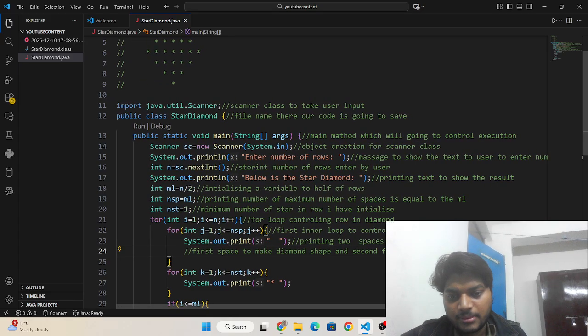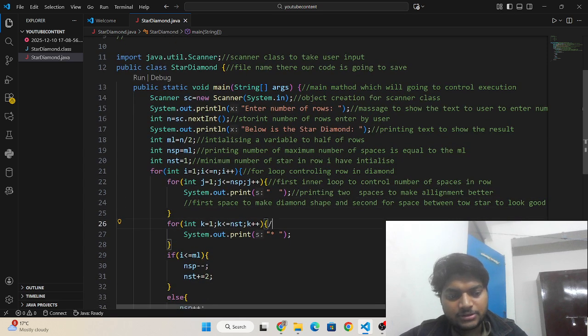Okay, and this is the second inner loop to print the stars in each row.